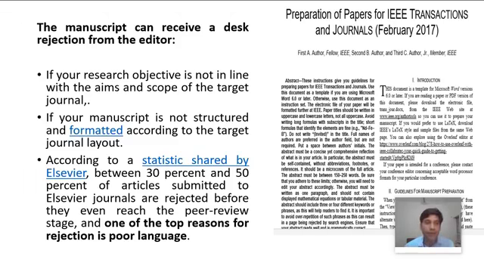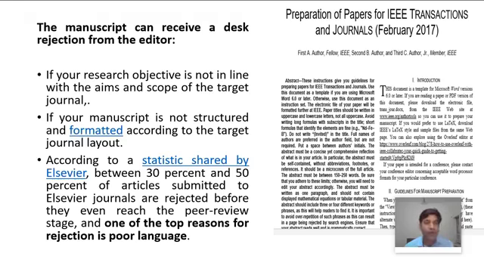Now, once you have shortlisted the target journal for the publication of your manuscript, the next step is to read the aim and scope of the journal twice and thrice, so that you can see whether your objective matches the journal objective or not. Otherwise, the manuscript can receive a desk rejection. Desk rejection means that without sending your research paper for peer review, the editor, at his or her own end, rejects your paper. And what are the criteria on which editors generally do desk rejections?